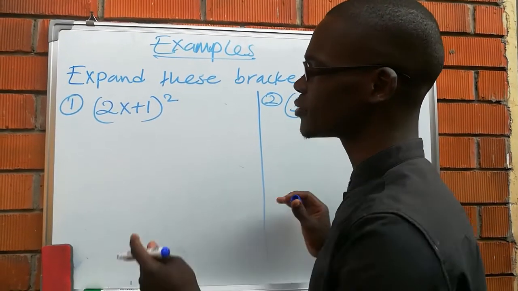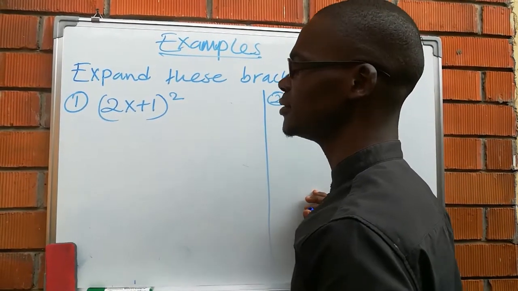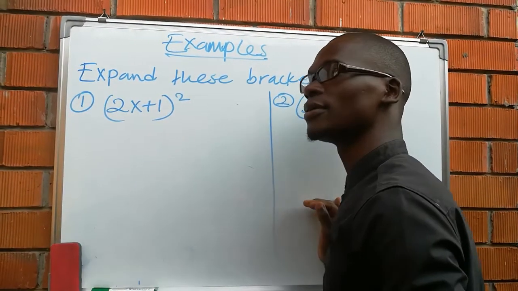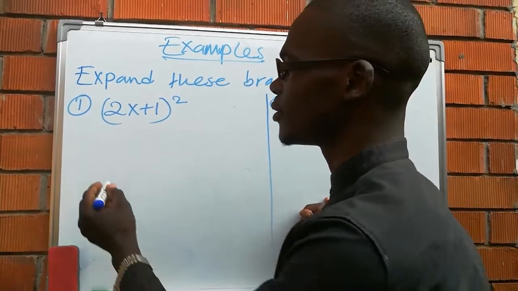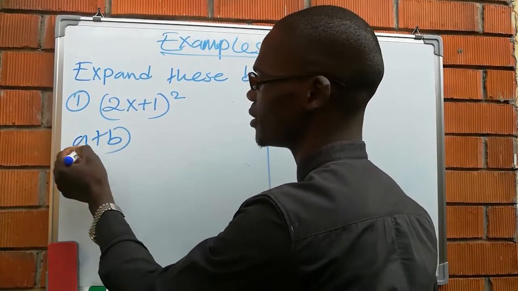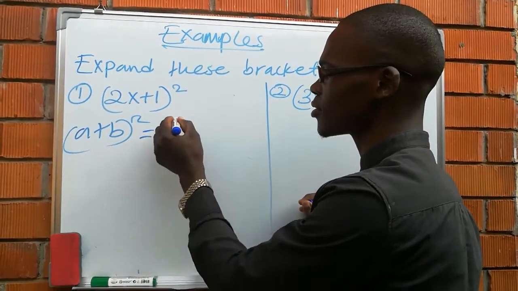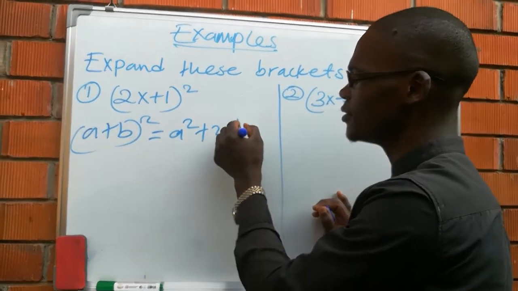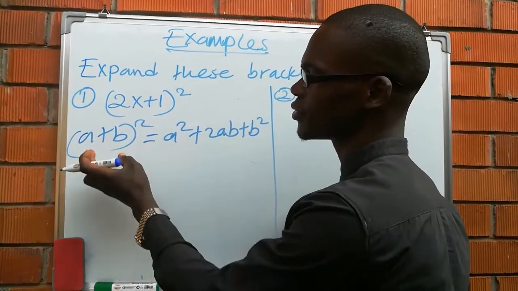So if we are to expand this, then that means that we shall use the technique of a plus b squared, which gave us a squared plus 2ab plus b squared. And therefore, if you compare this with that,